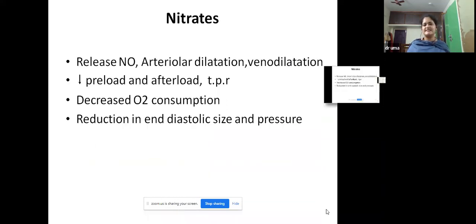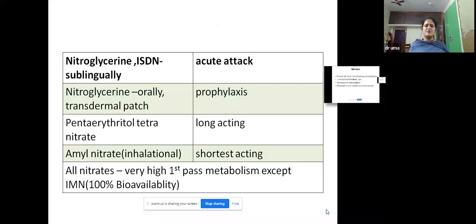Nitrates decrease the preload and afterload. They produce venodilatation and arterial dilatation. Because of venodilatation, they decrease the preload, and because of arterial dilatation, they decrease the afterload. They also cause the release of nitric oxide, that decreases the oxygen consumption, and they produce a reduction in the end diastolic size and pressure. So among these,